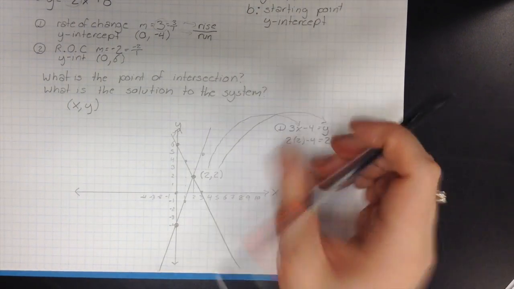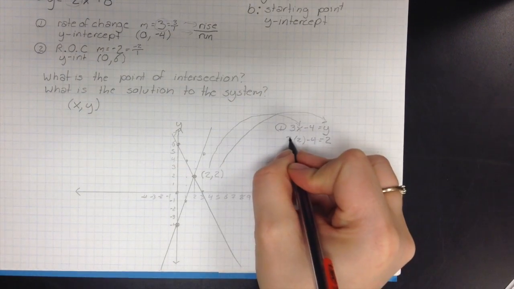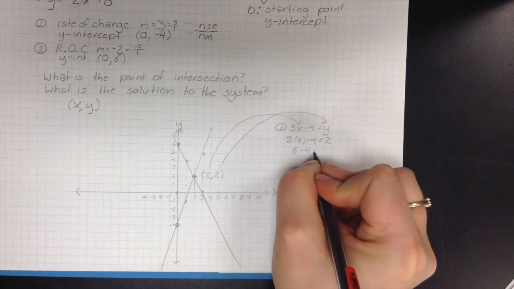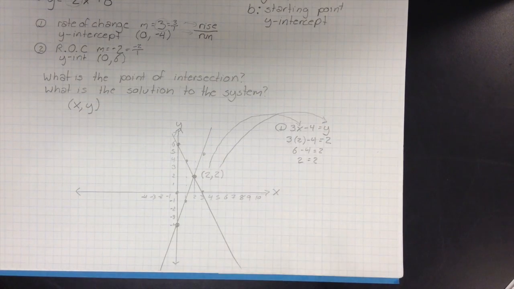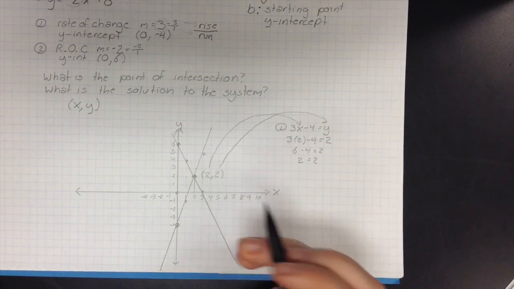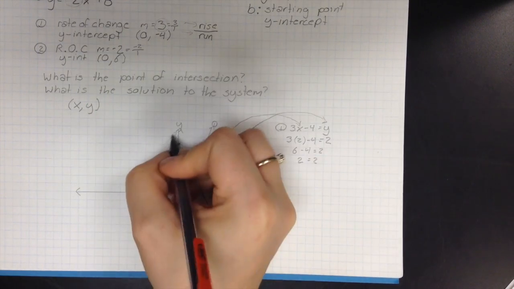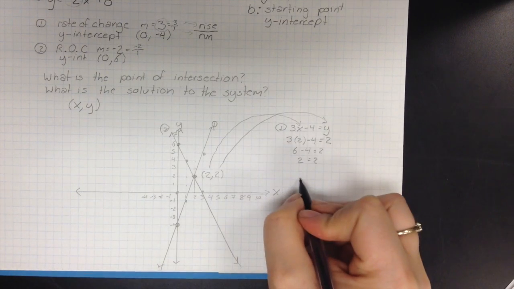Just going to make sure I actually write the numbers down right. So 3 times 2 is 6 minus 4. Does that equal 2? Why, yes, 2 does equal 2. So it definitely works for my first line. That was this line. Right, I'll go ahead and label that 1. And I can label this one just to keep it straight, 2. And for my second line,